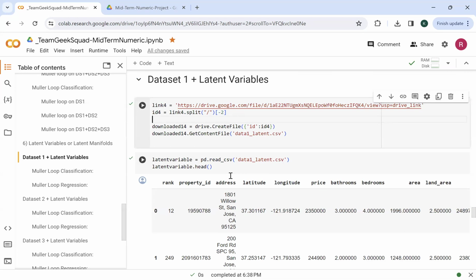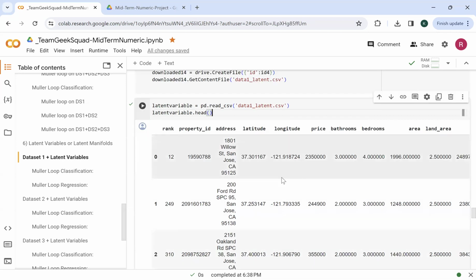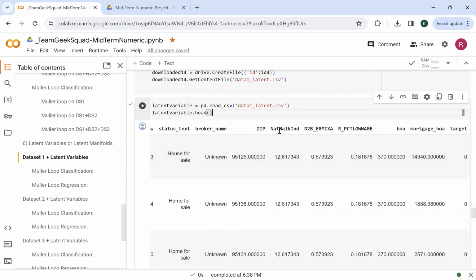We can take a look at the latent data set, which contains all the values, and the natural walkability index is here. In our pursuit of refining and enhancing the predictive capabilities of machine learning models, we have taken these